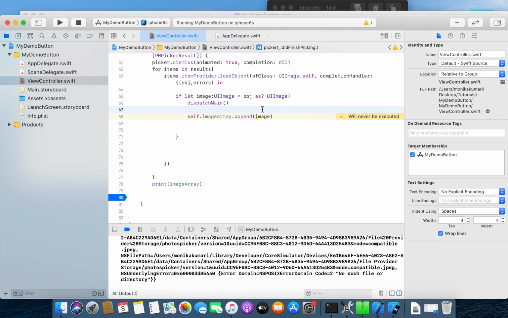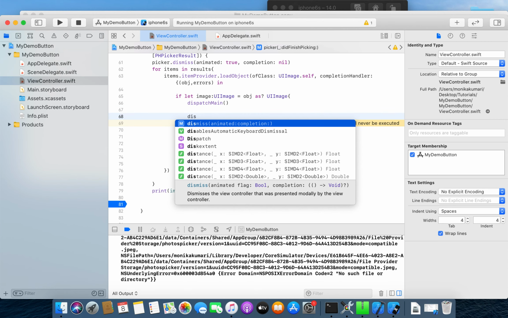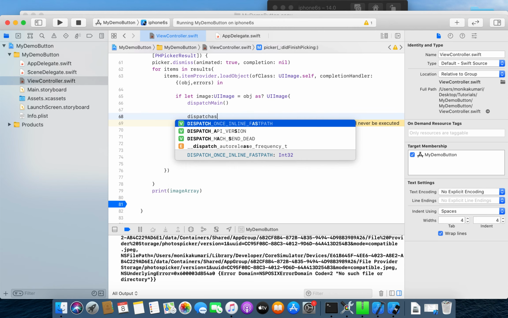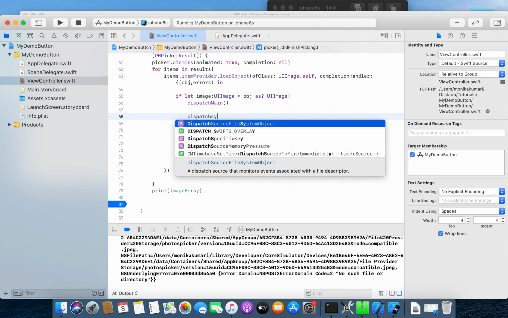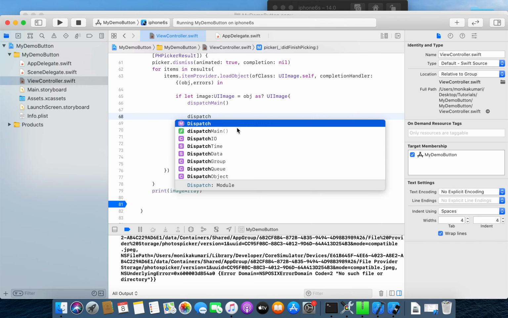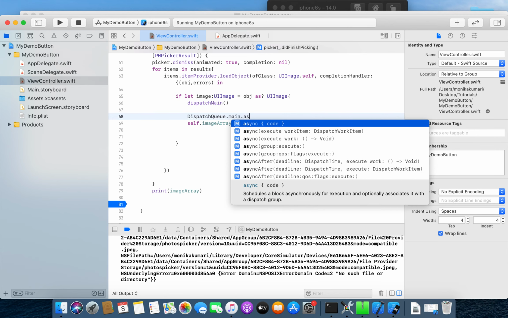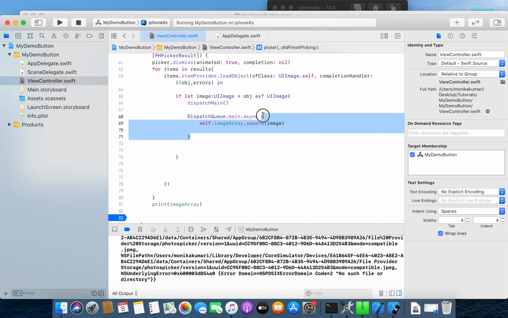The UI is always updated on the main thread, so we need to add a main thread over here, and for that we will write dispatch queue dot main dot async, and we will put this code inside this dispatch main.